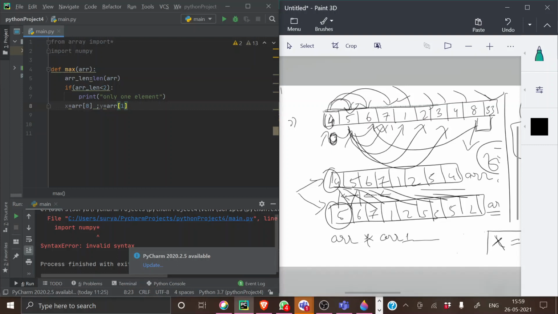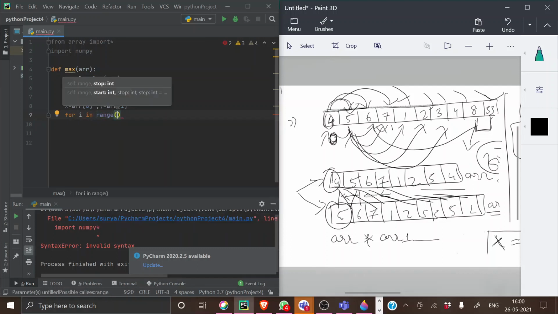For implementing this process, I will now use a for loop, for i in range. What should be my range for the first loop? This is my first array. What is my length for this?